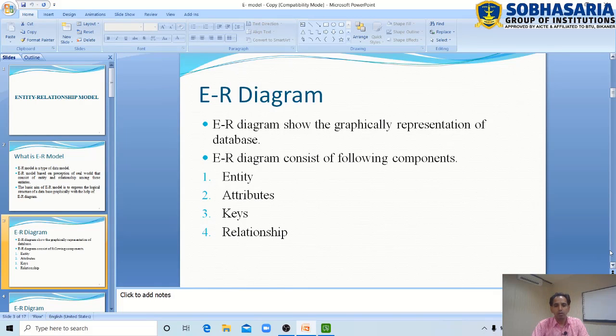Entity is any thing or object that exists in the real world. Attributes are the properties of a particular entity. Keys are any column or set of columns by which we can uniquely identify an entity, and the relationship is the association among these entities. After this, we make the ER diagram.